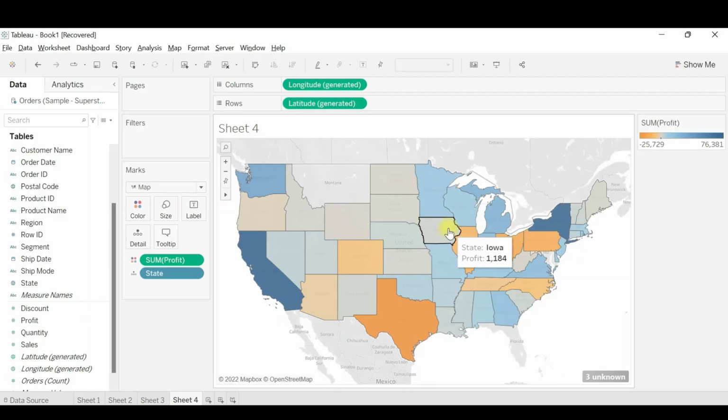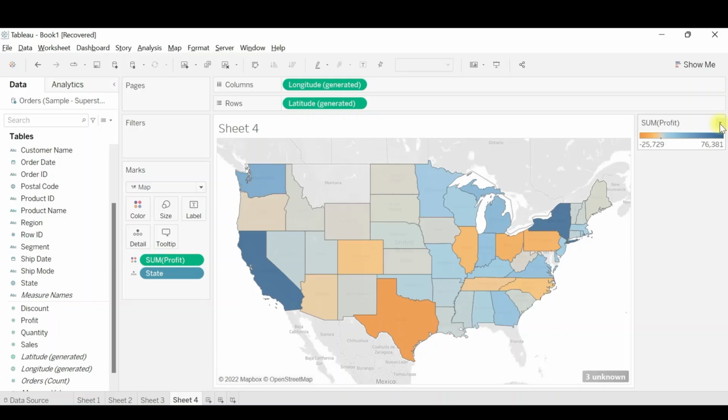The profit is colored starting from the lowest, the yellow part, going to the darkest blue with the highest sum of profit, that is 76,381 something.